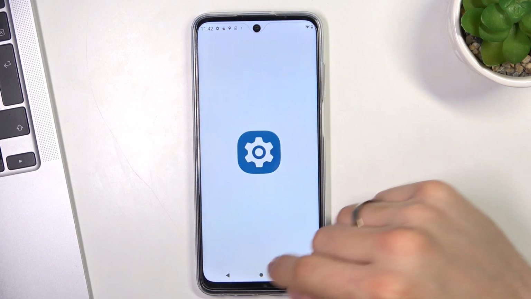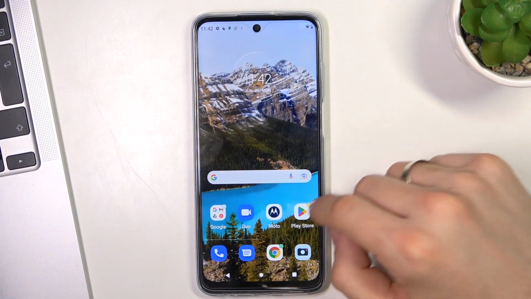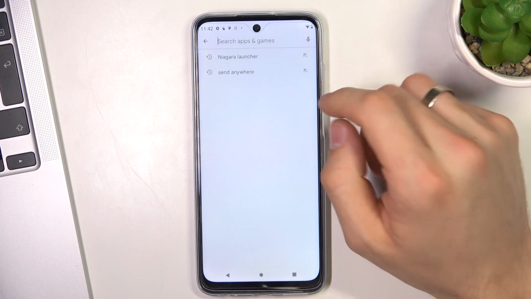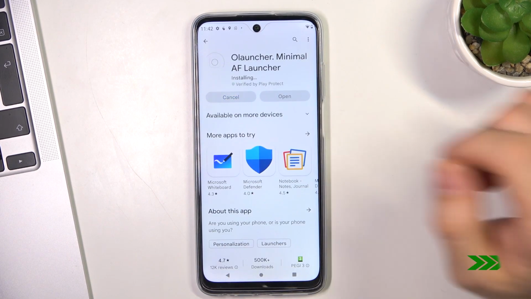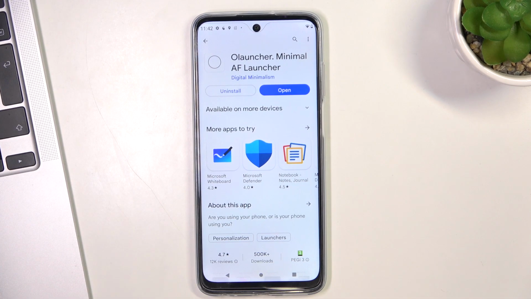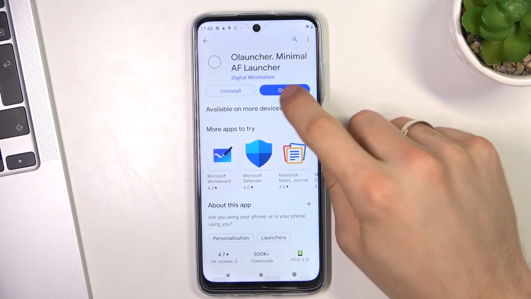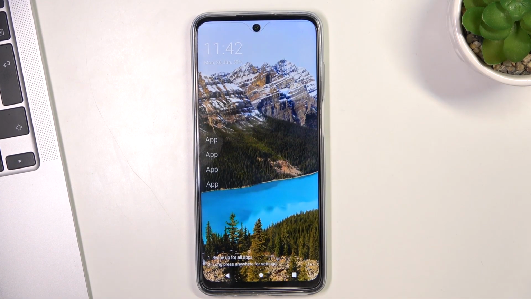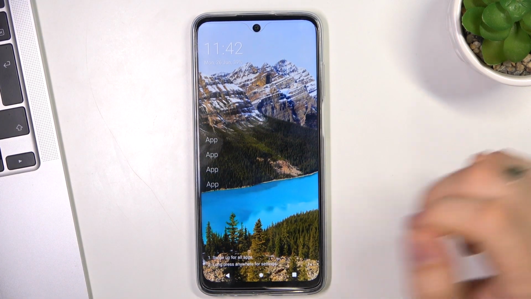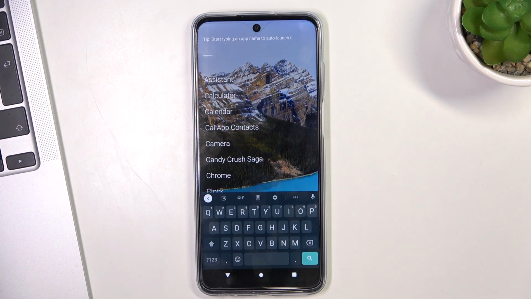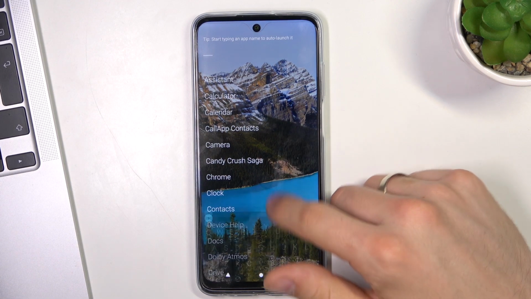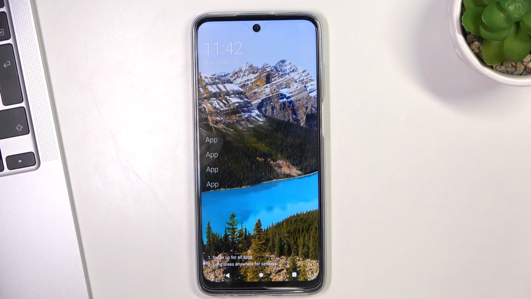Okay, on the second place in my top is O Launcher. As you can see, this launcher is very light. It has a base of 1 megabyte. So click open it, and here we have only favorite apps on the home screen, and here we have the really minimalistic main menu. So if you need to be focused,